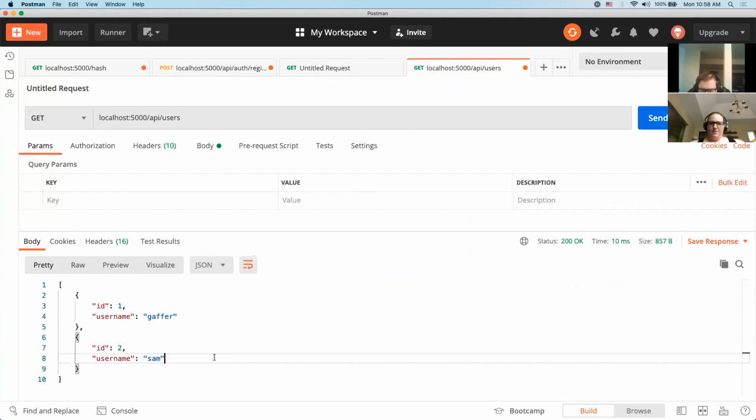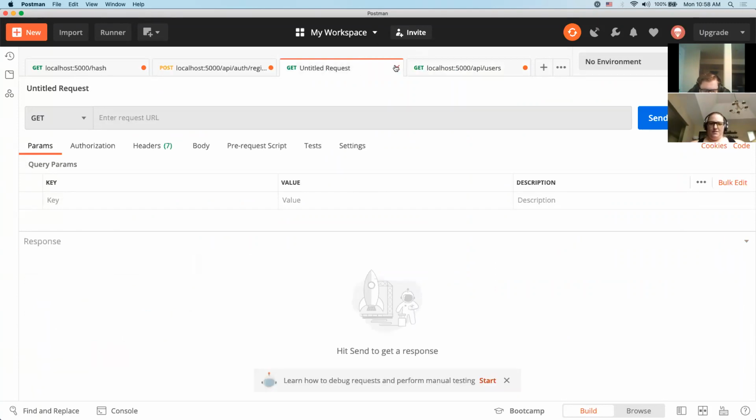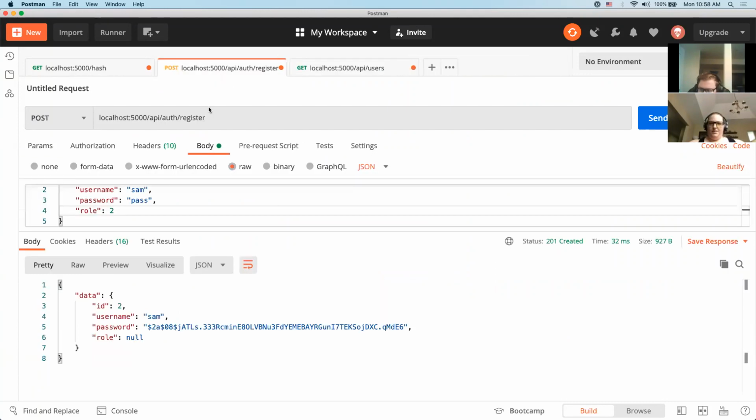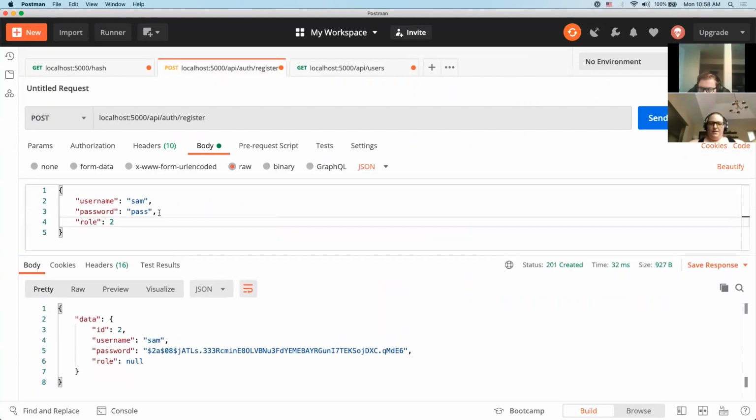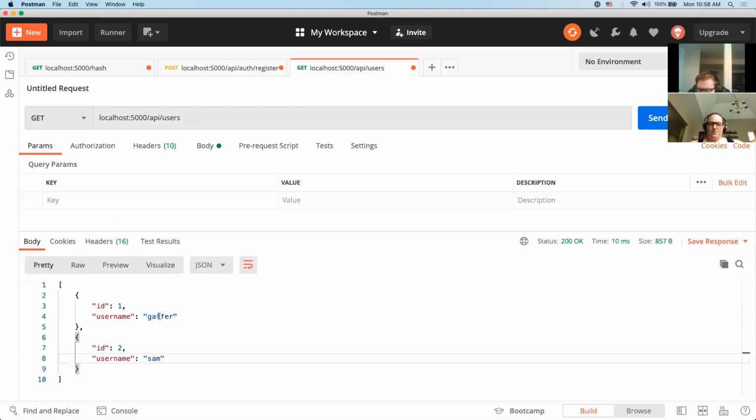Here they are. Okay. So a lot of things happened there at the same time, but the most important one is this one right here. We created a couple of users. We passed a username and a password, and the hash, even though it's the same password, the hash for those 2 users is going to be different. Here they are. We don't see the passwords or the hashes. We never want to see those there. We could add the roles if we wanted to. But so far,